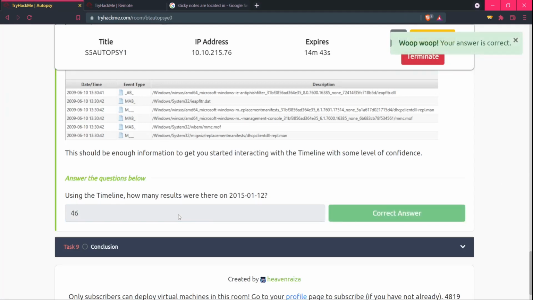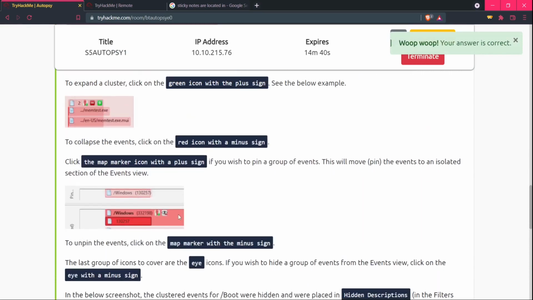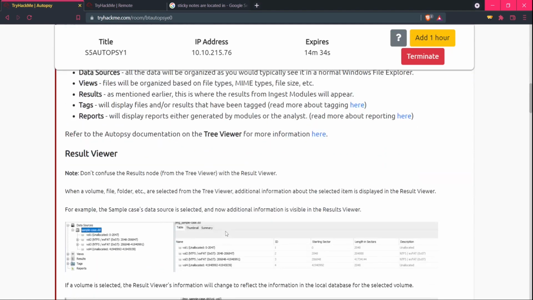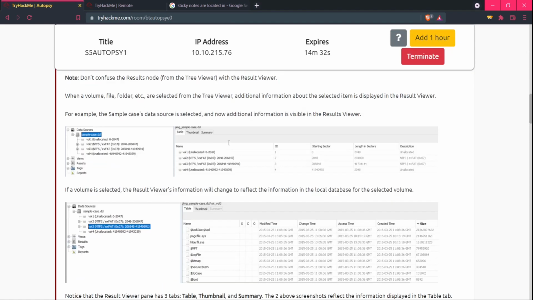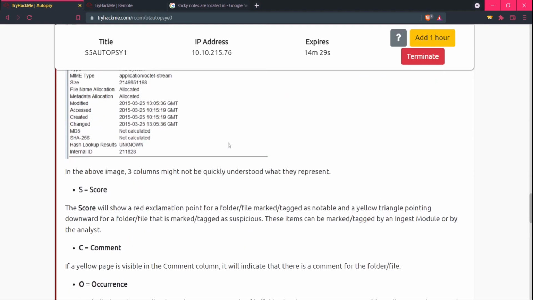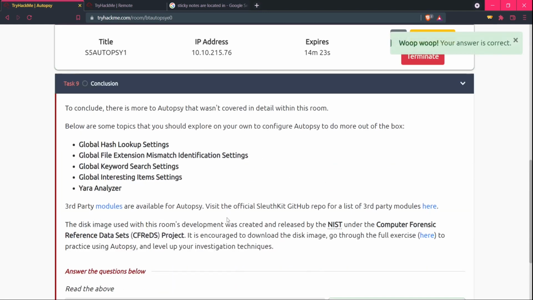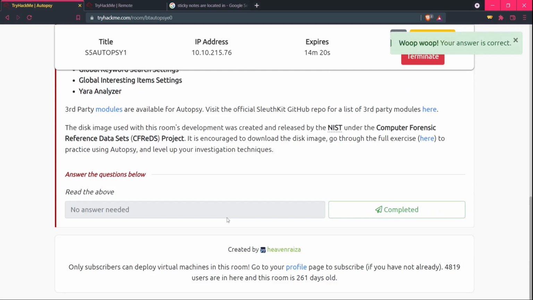So that means that we have completed the room. I have shown you the user interface also, and it was given in a certain way. Here it was written, but I have not read it out, because we can get a better experience from our own exploration. So we have completed the room. And if you want to analyze more about Autopsy case files, or know more about Autopsy, then you can refer to the room that I have walked through, that is Disk Analysis and Autopsy. It is split into 2 parts. You can check it out.